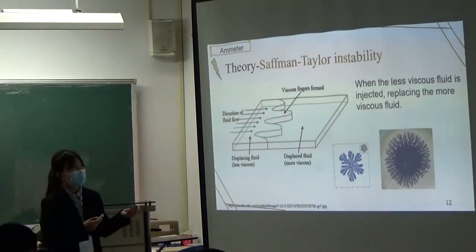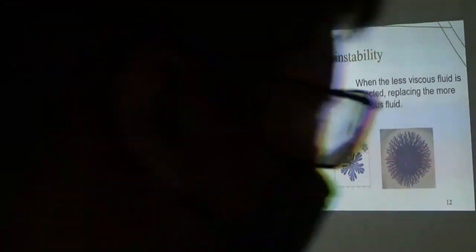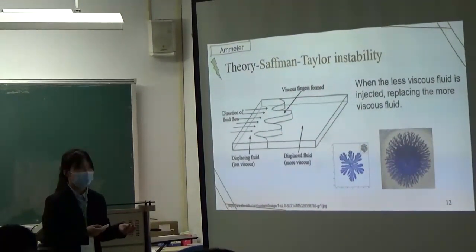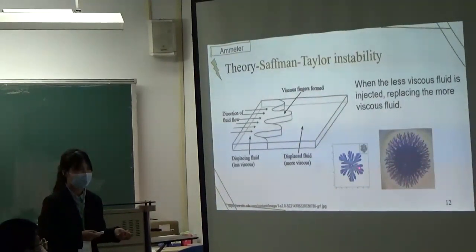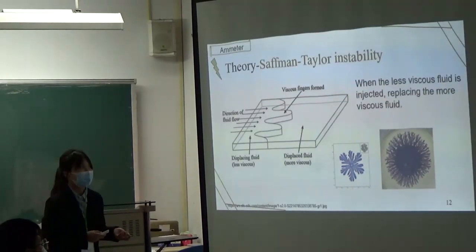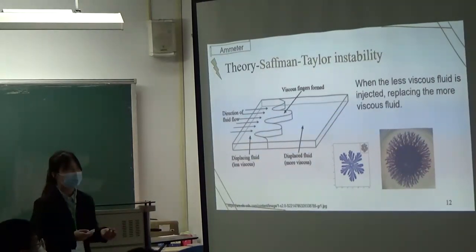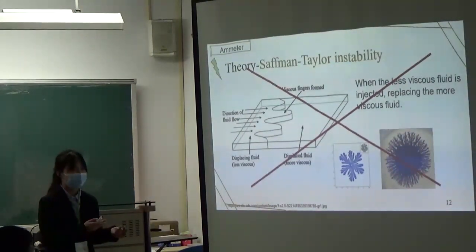Okay, and the segmental instability only occurs when the less viscous fluid is injected to replace the more viscous fluid, and it forms fingers. But in the saturated vapor pressure experiment, we can see that if there is no evaporation, the fingers are hidden. And this is the rectal fingers picture. It has this inner circle radius, and this is the segmental instability picture, and it doesn't have this inner circle. And the segmental instability is experimented in two boards, and we don't have two boards. So we think this segmental instability is not the theory about these rectal fingers.